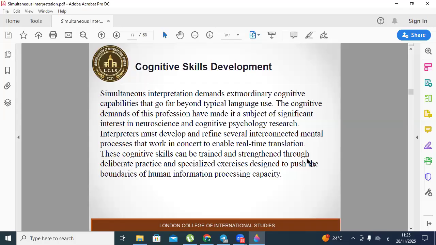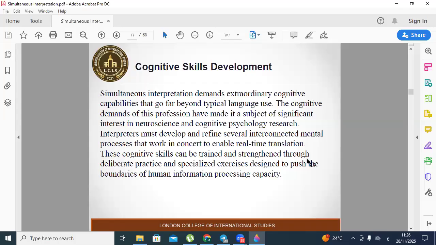Interpreters must develop and refine several interconnected mental processes that work in concert to enable real-time translation. These cognitive skills can be trained and strengthened through deliberate practice and specialized exercises designed to push the boundaries of human information processing